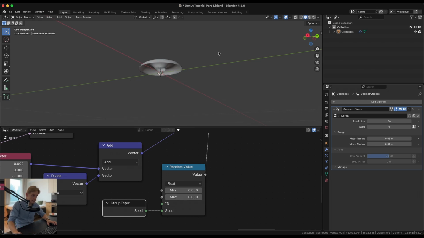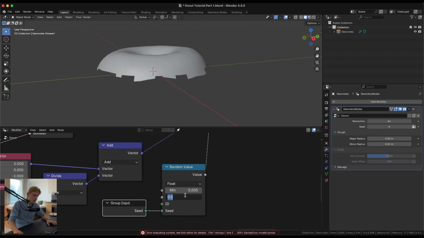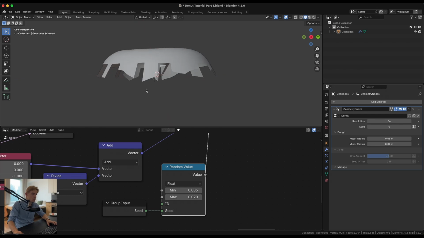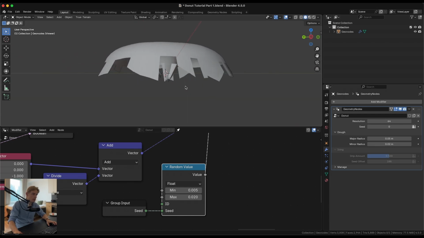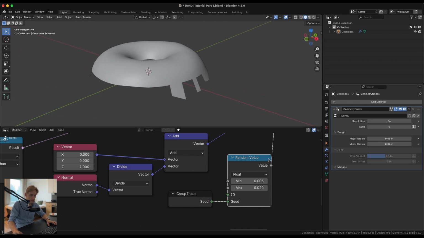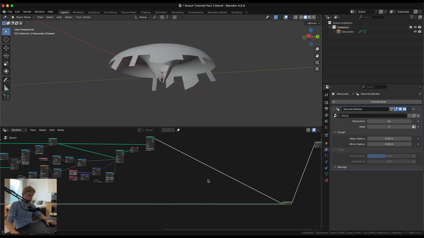And the minimum amount is going to be something really small, like 0.005. The smallest drip is going to be 0.005, and the biggest drip is going to be 0.02 maybe, like that. I just want a little fewer drips for this. We want to wrap this around